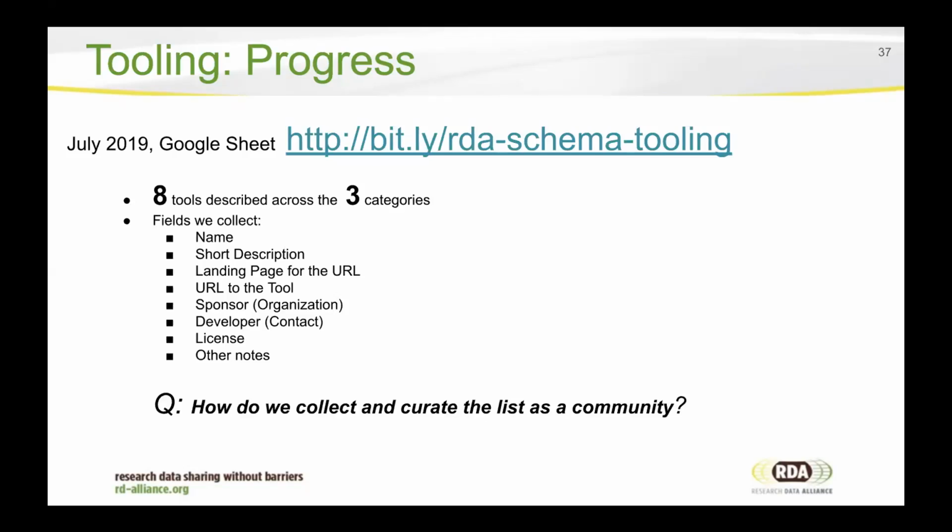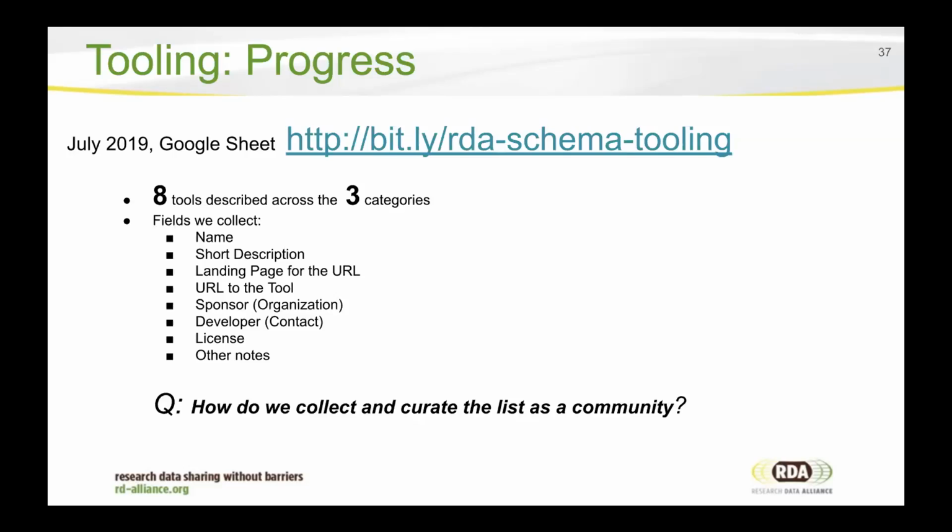And the types of fields that we're collecting for these tools are obviously the name, the description of what it does, the landing page URL for that tool, maybe a URL to the tool itself, if that's possible, and then just sort of who sponsored that work and maybe a contact for bug fixes or reporting error issues or for the development of that resource. And then finally, if there's a license for use or reuse of that tool, just capturing that information